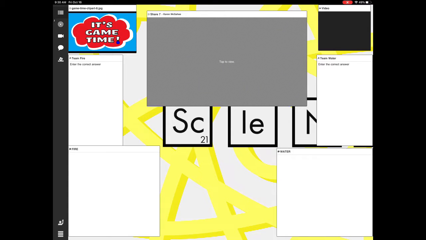Okay, so I'm just going to show you an example of how I use this game in class. At the start of the live lesson, I will have a poll pod asking students a would you rather question. For example, would you rather be able to control fire or water? Then when we move to our game